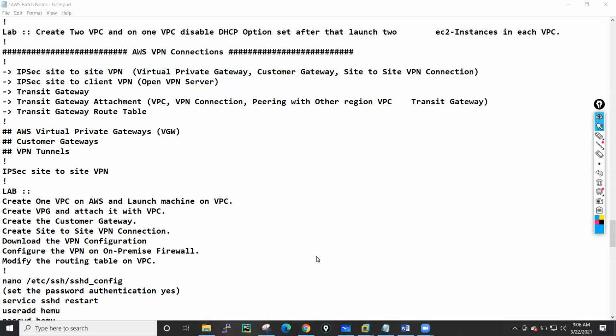Planning to discuss today, I will try to cover your VPN part: how we can connect the resources of AWS with the on-premise network. Which means let's suppose we are having this kind of infrastructure where